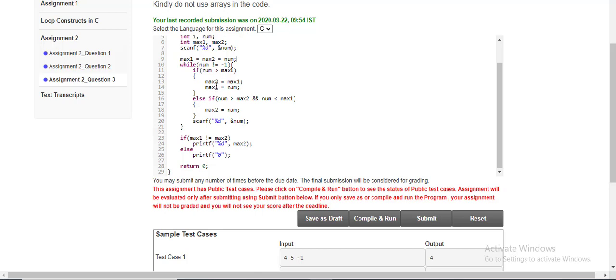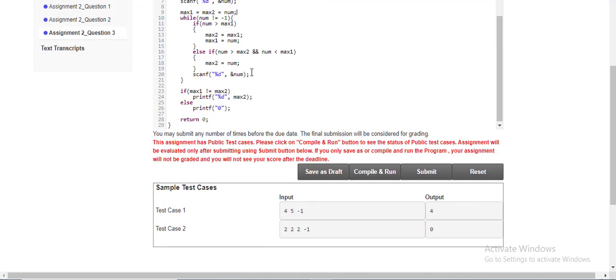If the number is not -1, then we compare it with max1. If that number is greater than max1, then we assign max1 to max2, and the new number value is assigned to max1. If this condition is false, then we check if the number is greater than max2 and less than max1, and then we assign that number to max2.